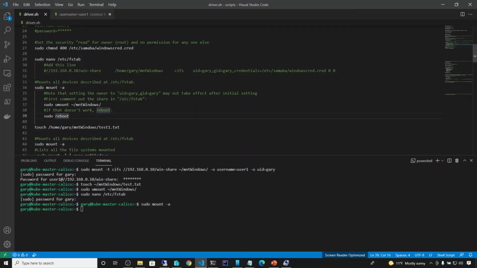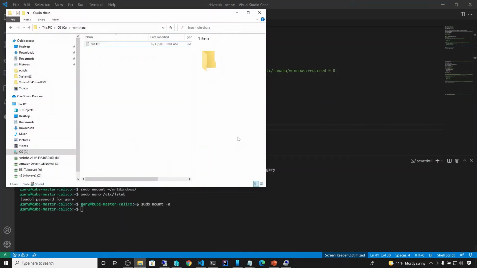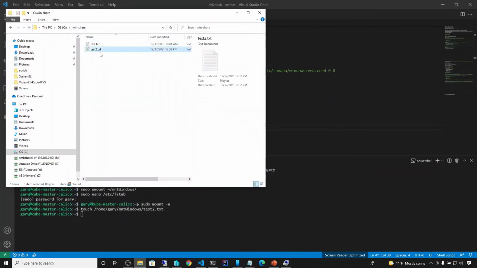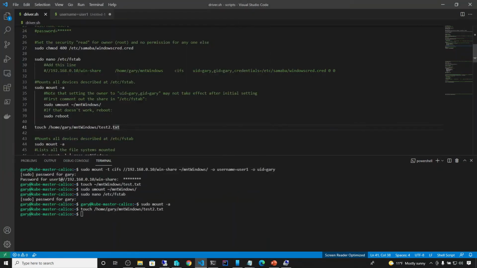Okay, so now let's go ahead and bring back the file here. There's already a file over there, so let's create a new one. Let's change that to test2. Let's create a new file on line 41, touch test2. Let's run that, and then we go back here, and we'll see that we now have test2. So we'll see that now